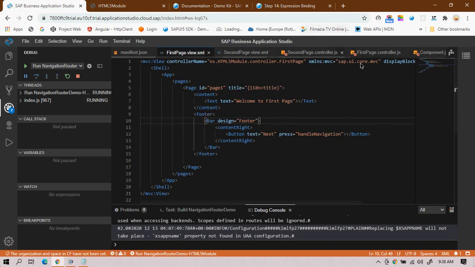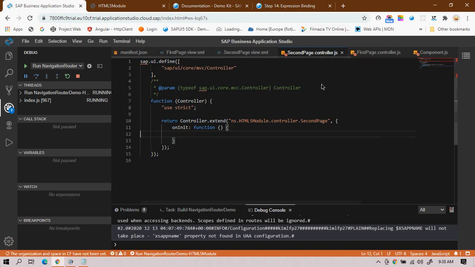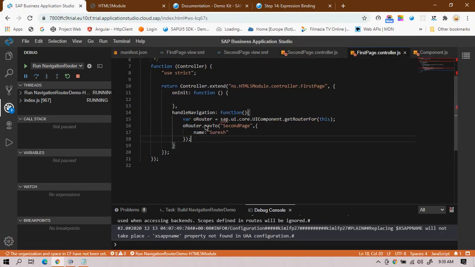So in order to take this, I'll simply write the function in the second page controller. The same thing I have done for page 1, I have to do here.